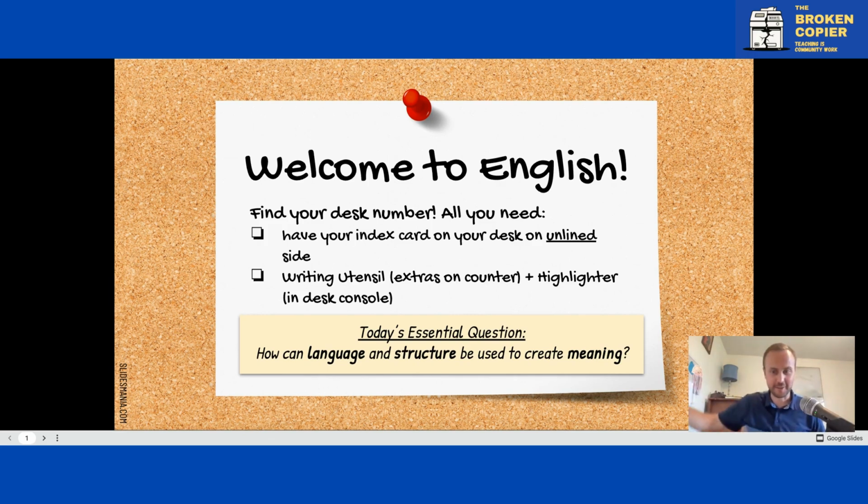Like, we'll get to the syllabus stuff. We'll get to some procedures. We'll get to some diagnostics, even. I just want that first day to be interactive, but also in a way that elevates what the content of the class can be and the culture of the class can be, and also gives me a little snapshot into who these students are that we're going to be working with over the year.